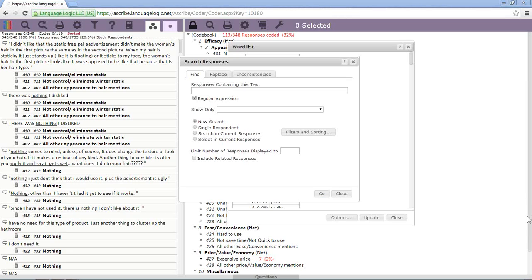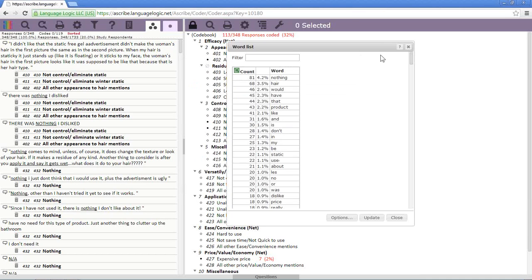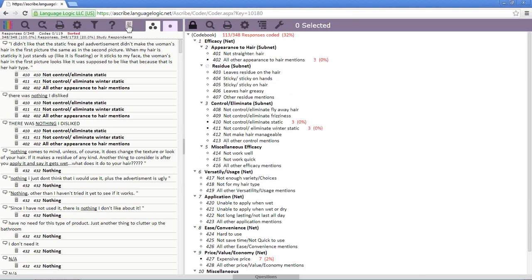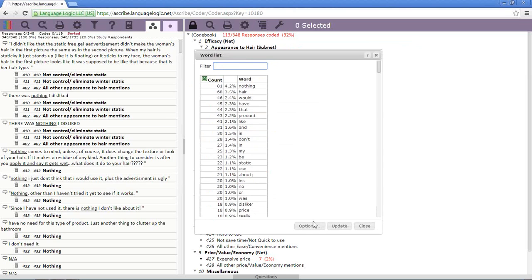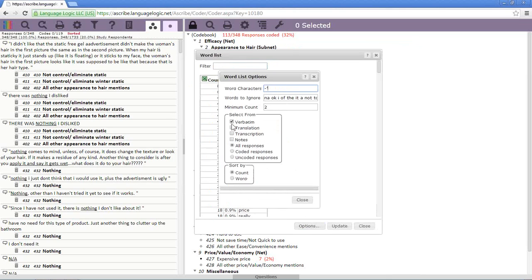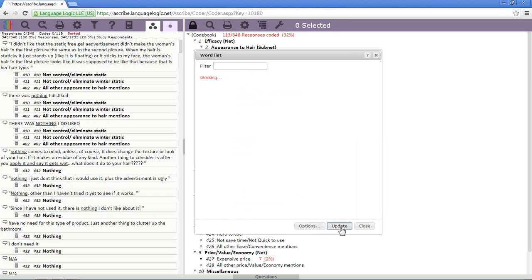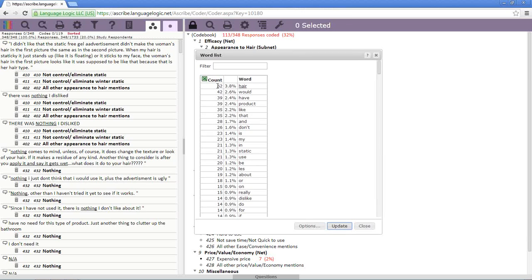Okay, all right. There was a question about the word list. Can you go over just the basic purpose of the word list again? The word list brings up all of the words. In this case, I've got it set to bring up all the words in my verbatim, and then bringing up all responses. I could say, you know what, I just want to see the words in my uncoded responses, and I'm sorting it by count. So it's just giving me a count. It's telling me I've got 62, hair comes up 62 times in my responses,